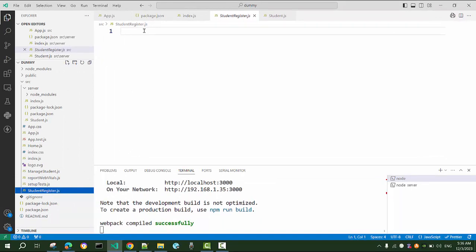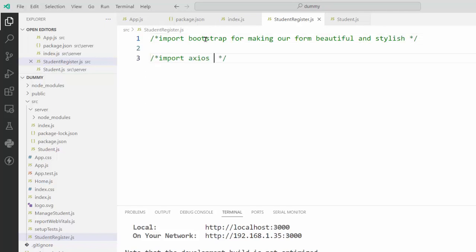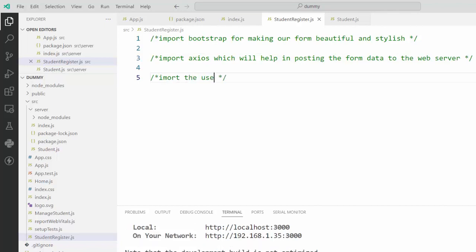So we will divide our work, what we have to do for this form. So we'll have to import Bootstrap for making our form beautiful and stylish. We will import Axios, which will help us in posting the data to the server. So import Axios, which will help in posting the form data to the web server. Then we will import the hooks, especially the use state hook,